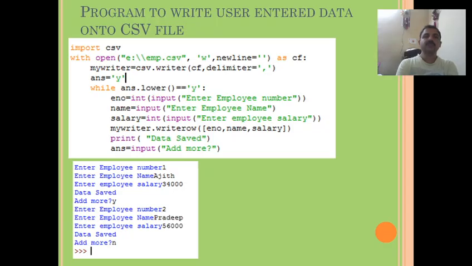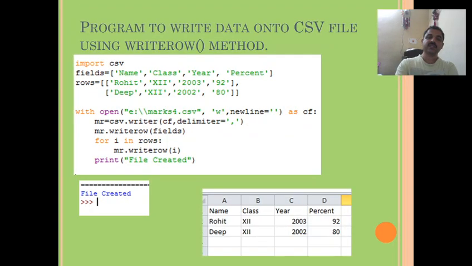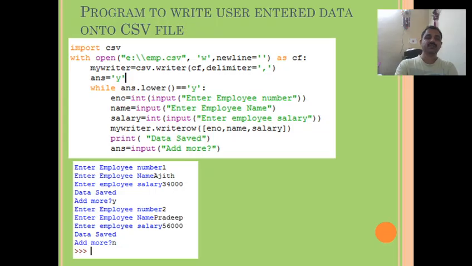So next one is to write a program to write user entered data onto a CSV file. So here we directly entered the data, we defined it and entered. Now the user has to enter some data, and that data should go to the file. So how to send that, we'll see. Just like the previous program, we wrote the import statement, we opened the file with open, then the csv.writer function is used to set up the writer object.